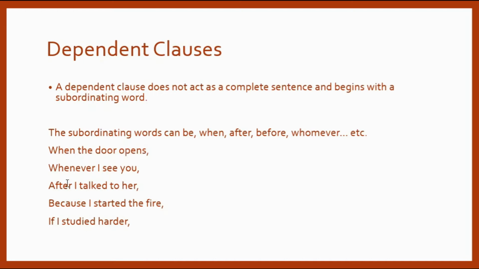Okay, so look at this one. They always start with a subordinating word, okay? In this case, your subordinating word is when. In this case, whenever, after, because, if, right? So, and many others. Let me give you a couple of examples. Before that, actually, there are many of them, many of the subordinating conjunctions. I'll go through them in detail almost, but you should know that a dependent clause starts with a subordinating conjunction,